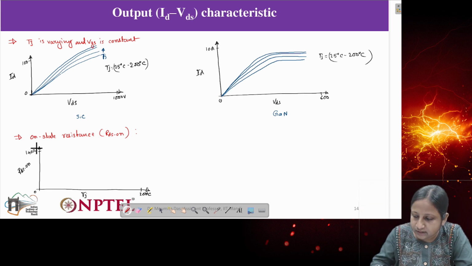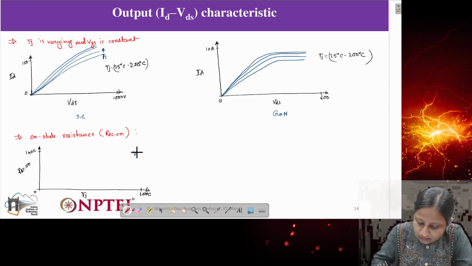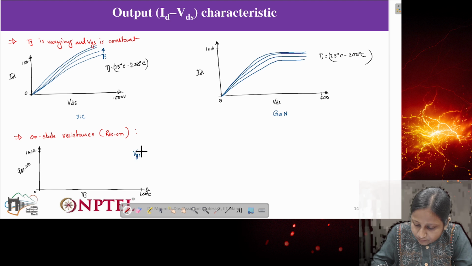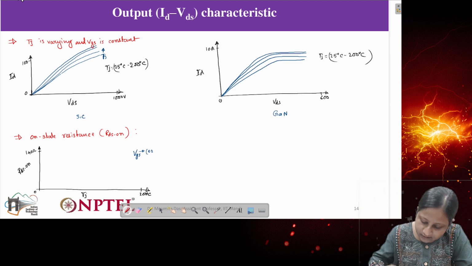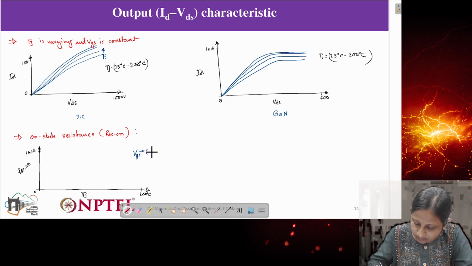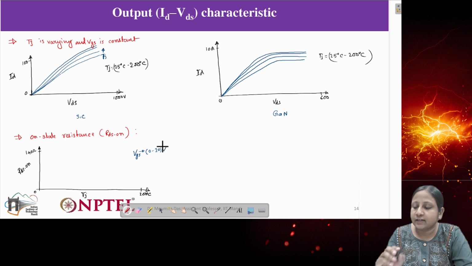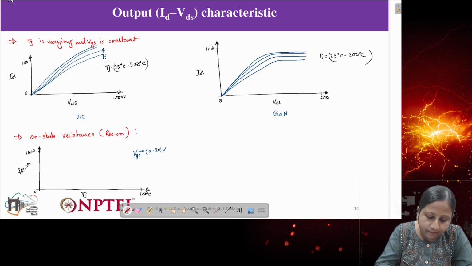So then how does this look? Another important parameter here will come, gate to source voltage. If gate to source voltage we are varying from 0 to, let's say, 20 volts, positive voltage we are considering here, negative voltage we are not considering in this case, 0 to 20 volts. So then the characteristics will look like,